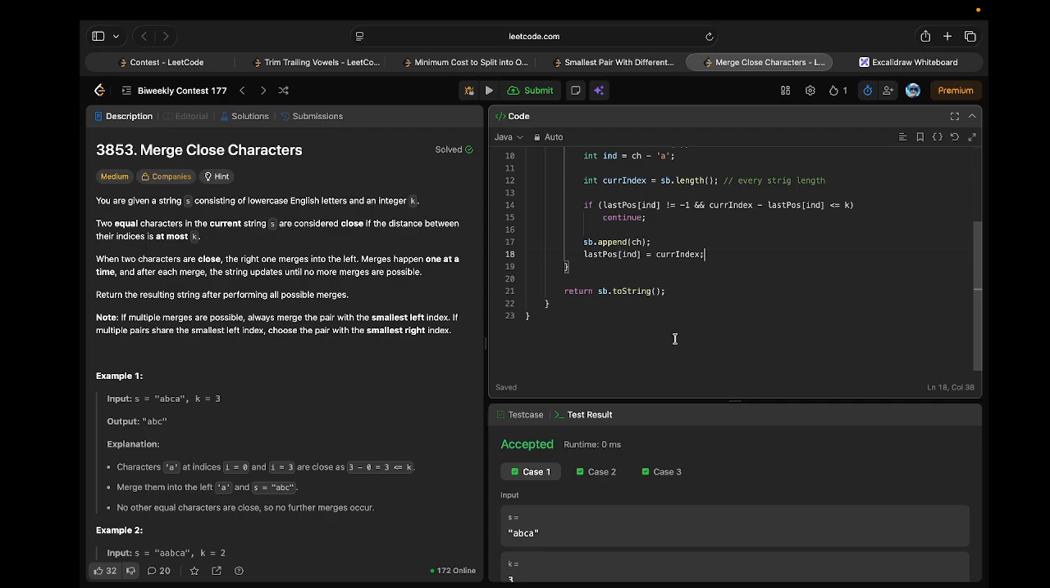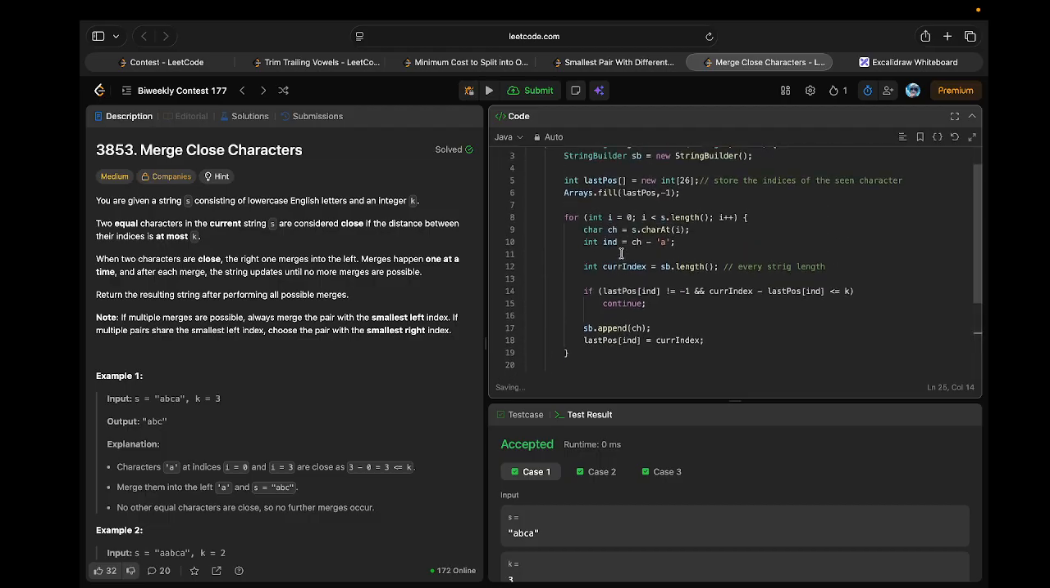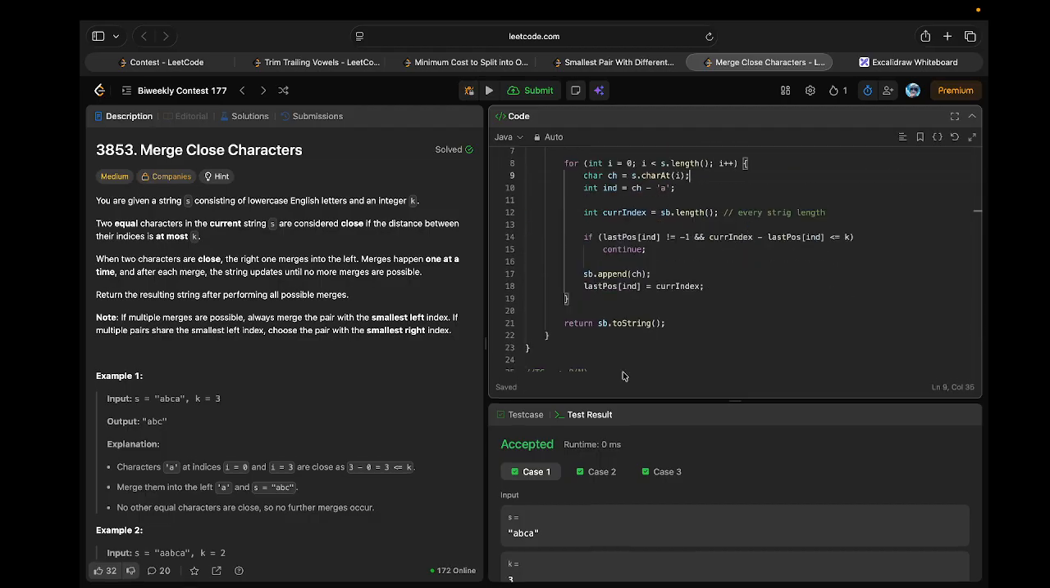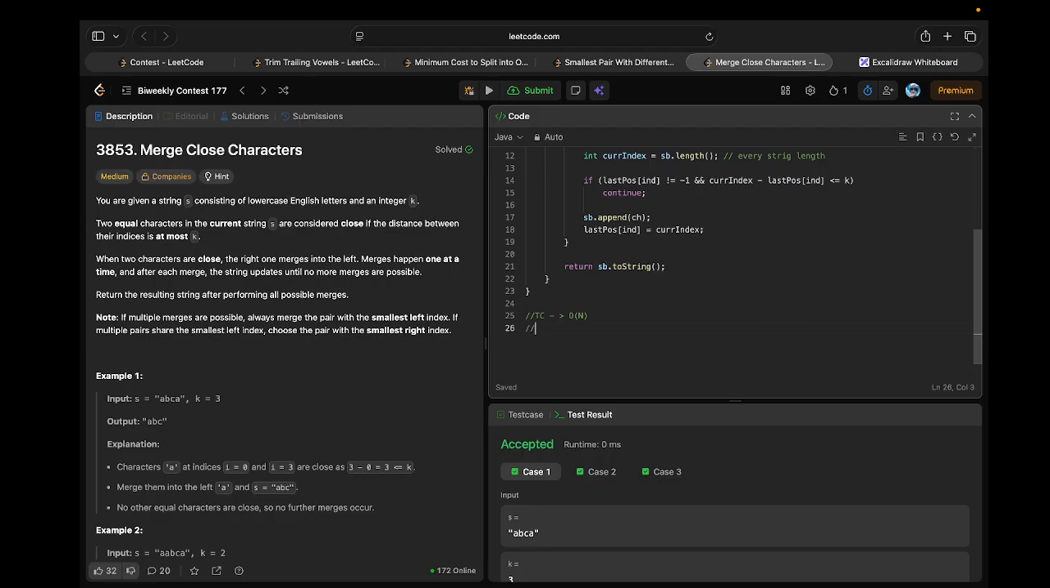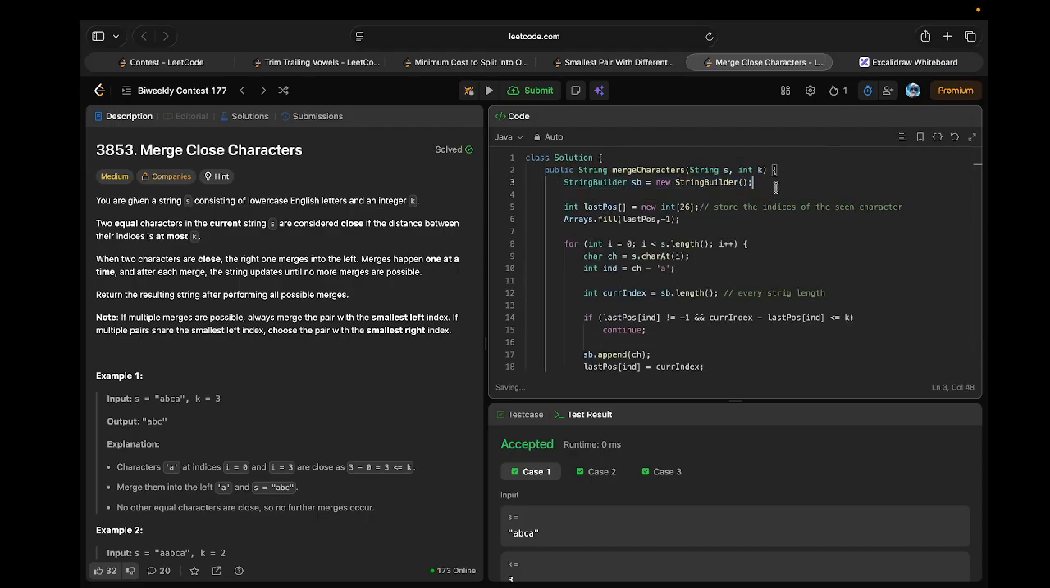Talking about the time and space complexity, time complexity is O(n), because we are just running a single loop. And space complexity is O(1), excluding the result string builder which we created, right? So this is what the whole contest looks like,